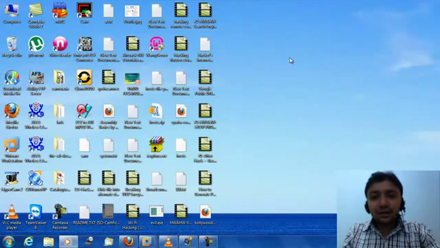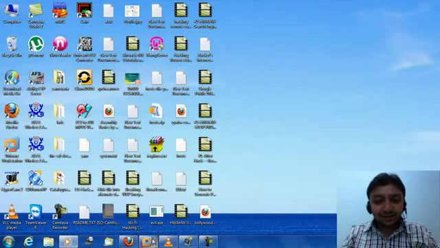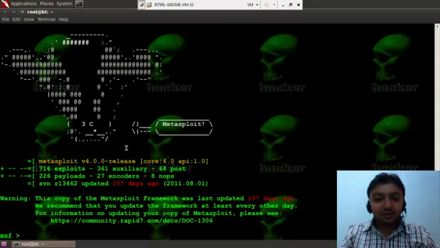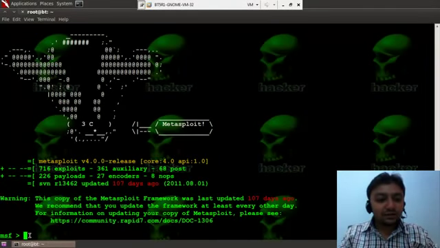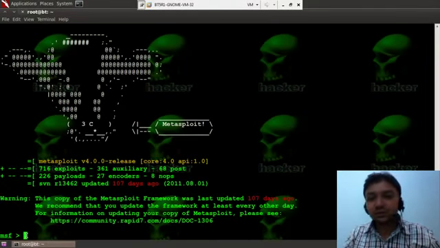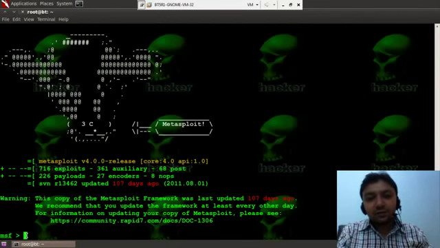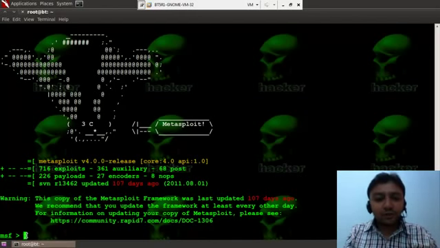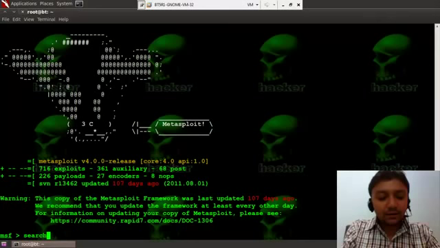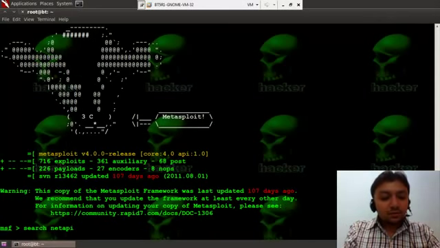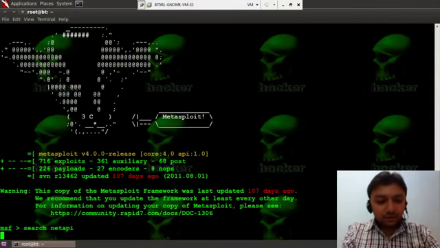So let's start hacking. Okay, so this is my BackTrack instance. This is MSF console. I've already opened an instance of MSF console. MSF console is nothing but a command line platform for your Metasploit framework. So what I'm going to do is use the same vulnerability which I used in the previous video, the NetAPI. I'm searching for it,